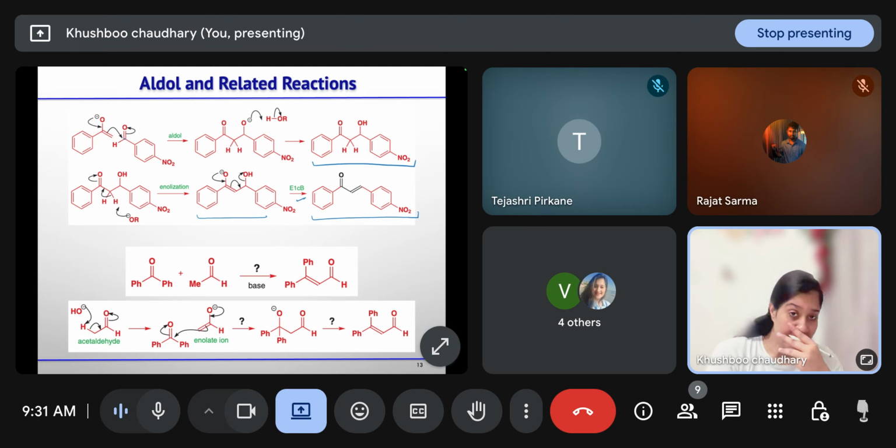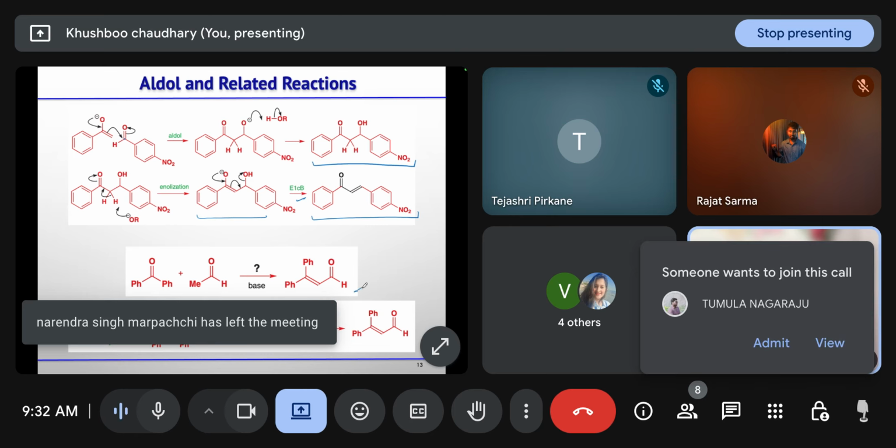Now in this case, why didn't we see any self condensation product? First, among ketones and aldehydes, aldehydes are more reactive, so once the enolate generates, the aldehyde is the more reactive species that will react with it. And while doing such reactions, we dissolve our ketones and aldehydes in the same equivalents in the same reaction mixture, so the concentration of the aldehyde and the ketone present after enolization of the ketone will be the same. Aldehyde being more reactive, your enolate will react with the aldehyde and not with the ketone.